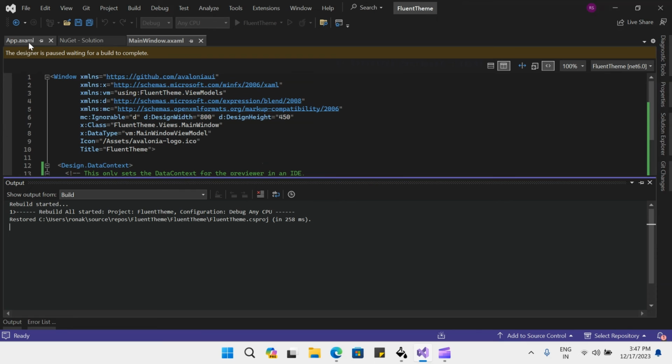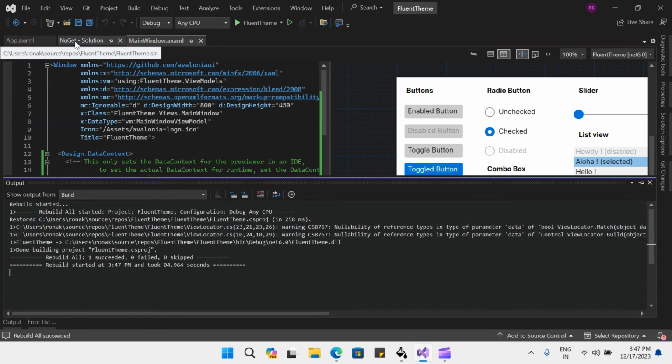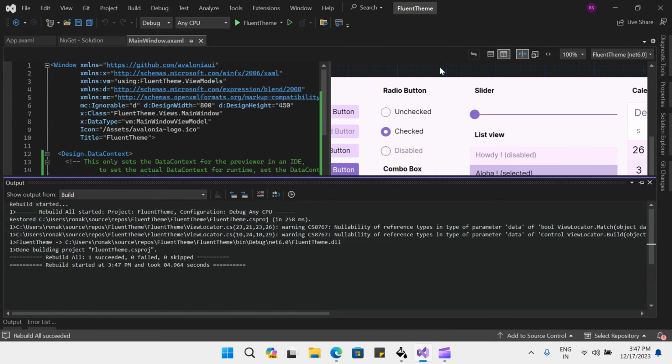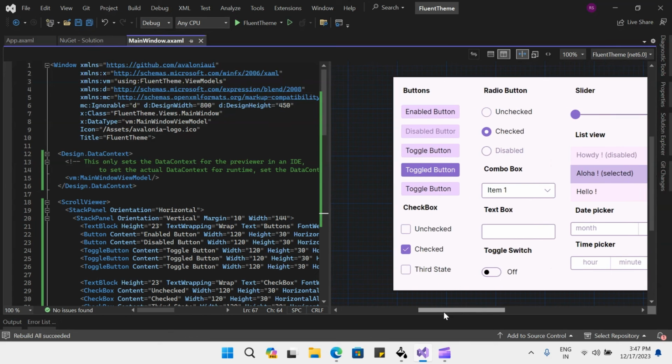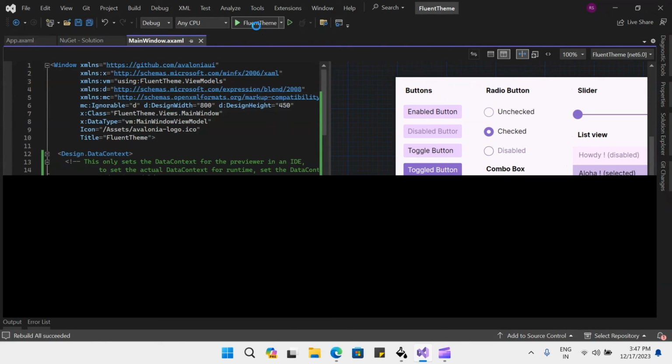So moving ahead, I will rebuild this application because I have made changes to the color palette of the Fluent theme. And yes, so now you can see that our color palette is applied to this window. And if I run this application,